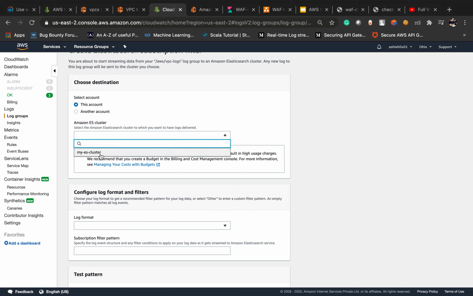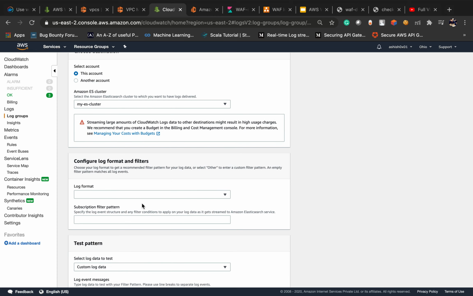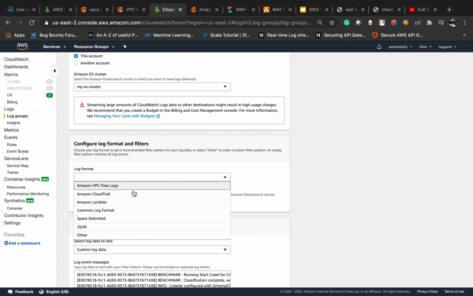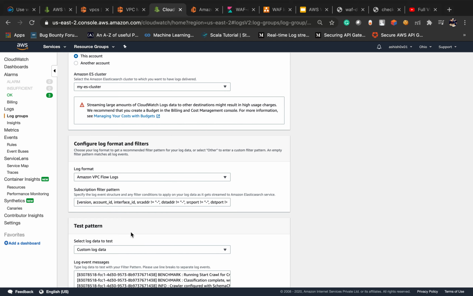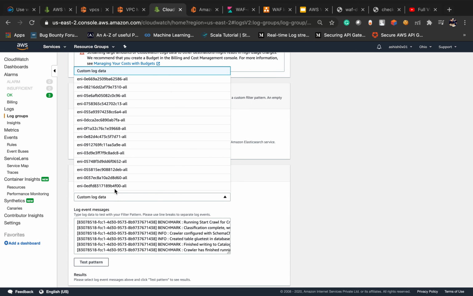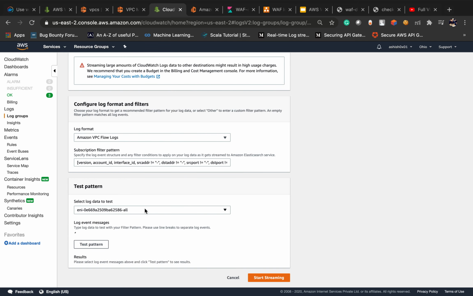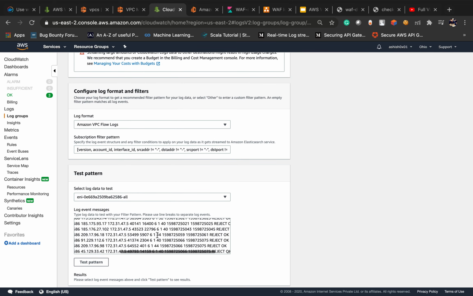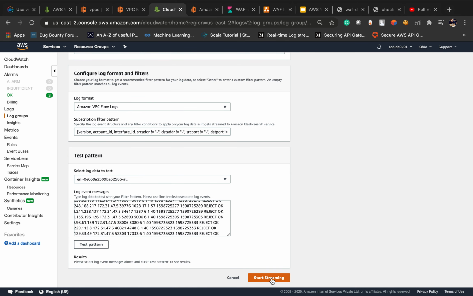It is under this account, and our cluster name is my ES cluster, and the log format will be VPC flow log. Let's check with some data. So it is good. Now start streaming.